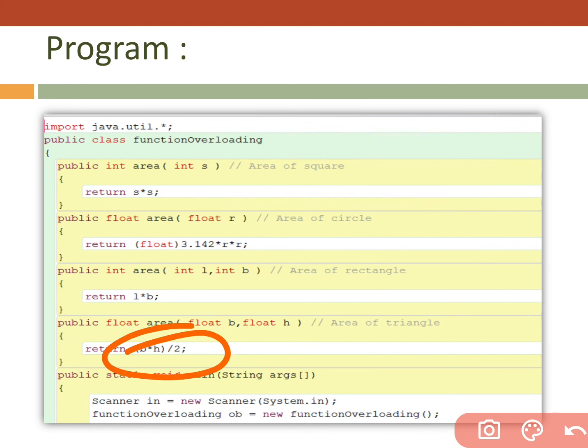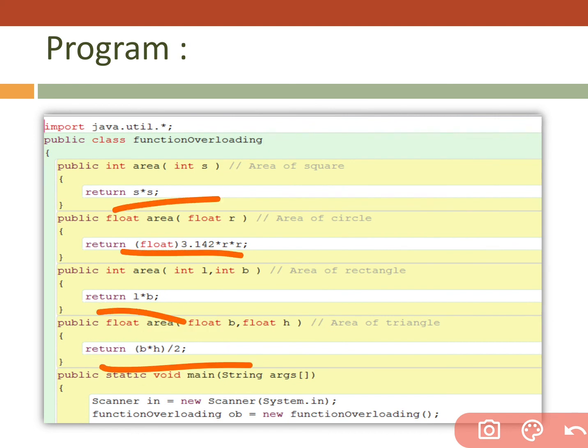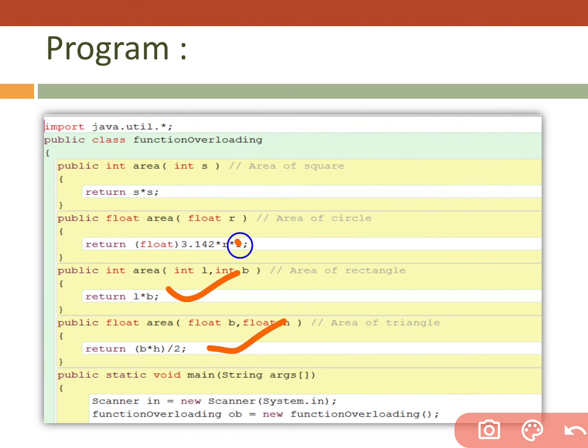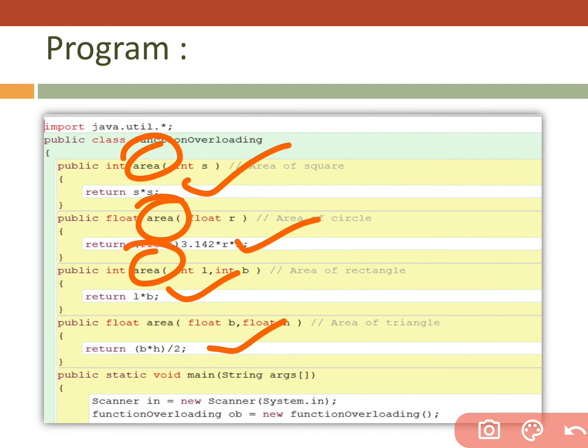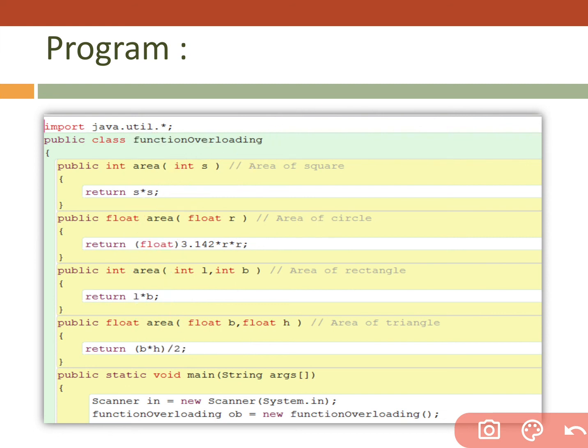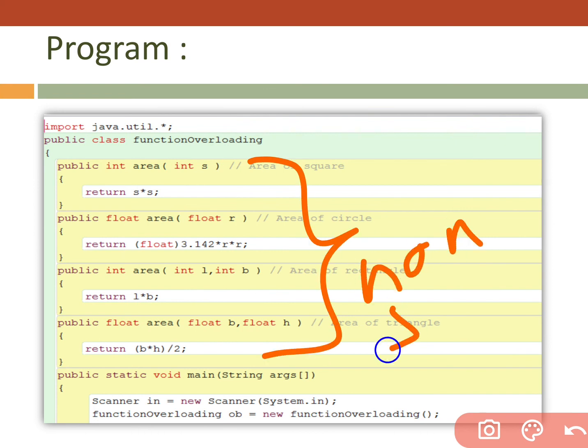And see, I have written the formulas, each and every formula for the areas. Different work we are doing with the same function name. This is function overloading. And remember, these are non-static functions.